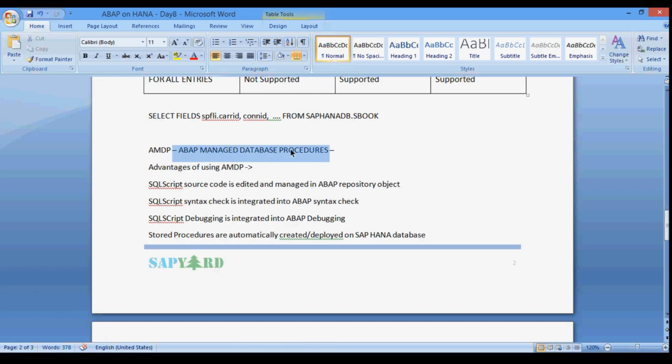Now coming to a very important topic, that is ABAP managed database procedures. Okay, so here we have discussed,